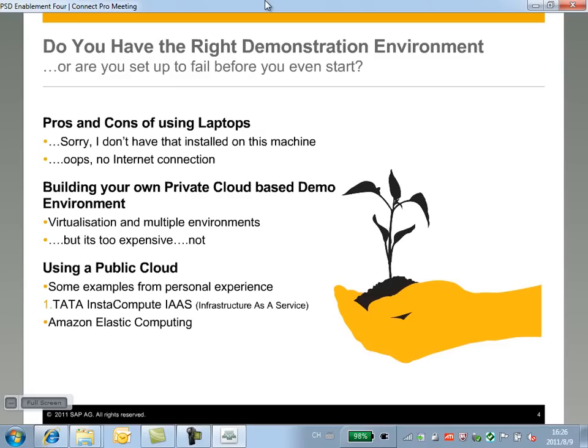Now, I don't know if there's many of you running around with laptops with that kind of specification. So what does that mean? It means the process of being able to have a number of different virtual machine images and being able to take those out with you can be a little bit hard to manage. That then leads us to the next option, which is building your own private cloud-based demo environment or using a